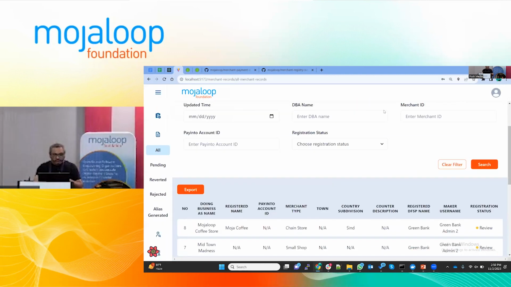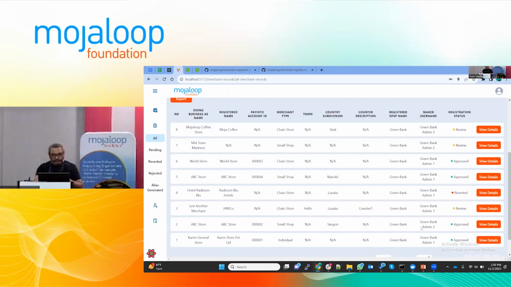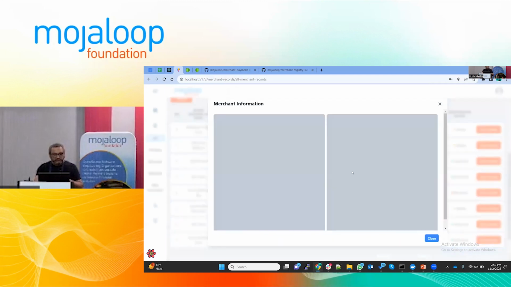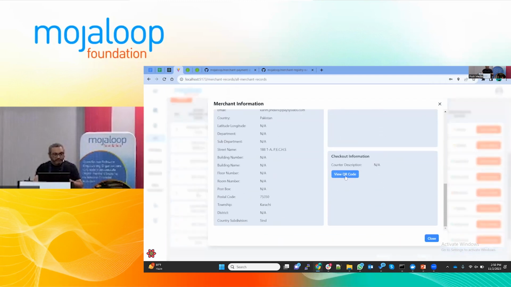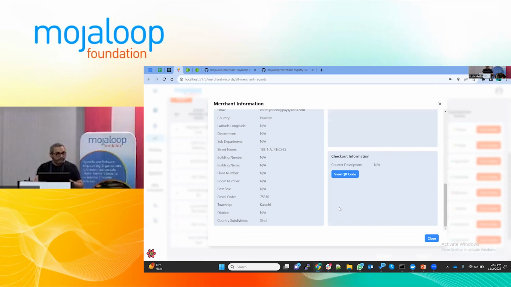This is how it looks. There are a number of other user interfaces which we are working on developing. For example, once the merchant is approved, they can see their own QR code and the alias which is available to them.